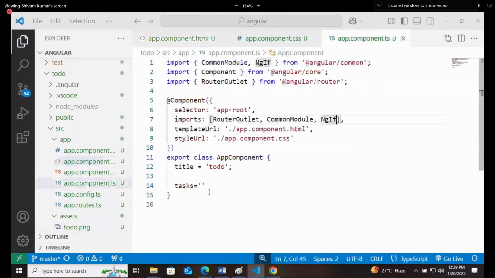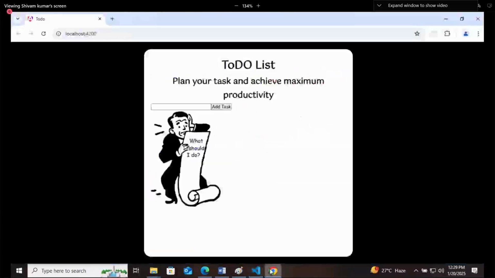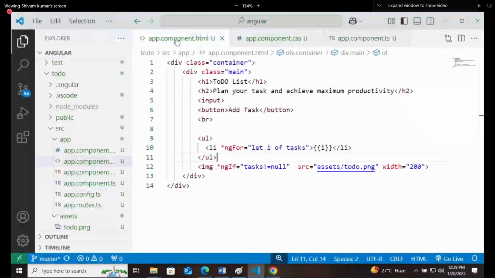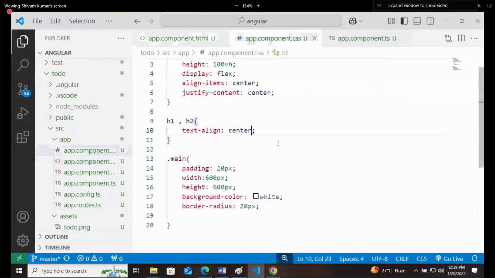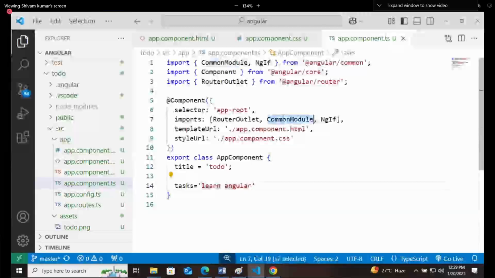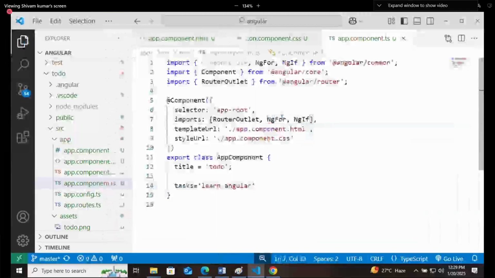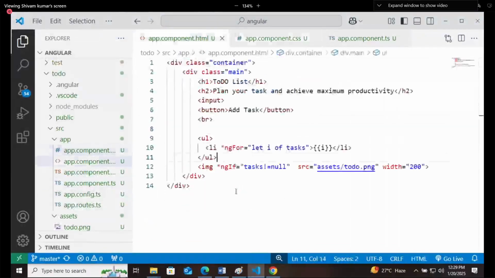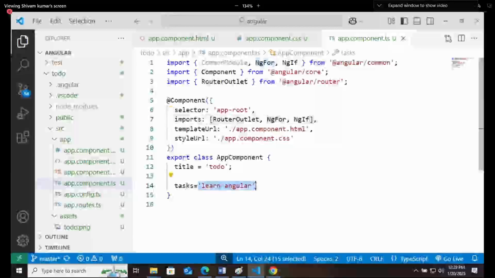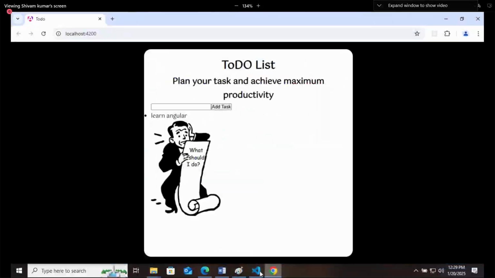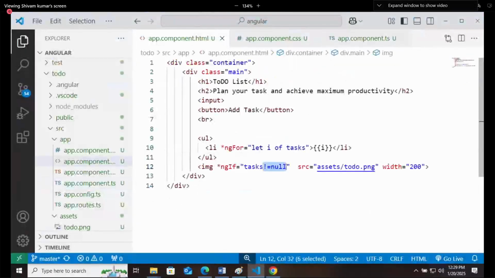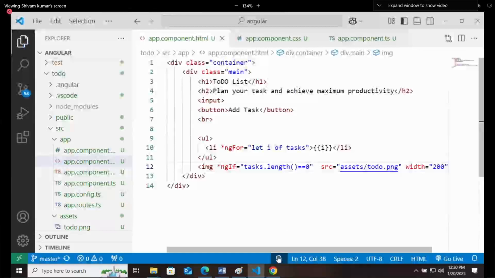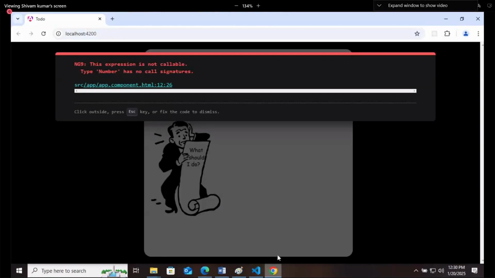Now, if we are adding some task here, okay, some bug is there.